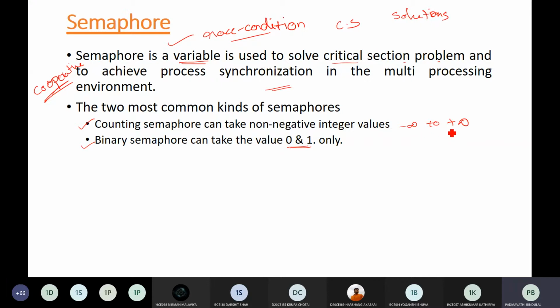It can take values of this range, but we normally prefer to go with the non-negative values, that means 0 to infinity. And if the value goes below 0, that means negative, then most of the processes will be in the block state. That also we will discuss further. For now understand, counting semaphore can take values from minus infinity to plus infinity, and binary semaphore can take values from 0 to 1.